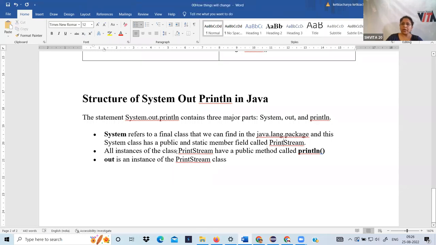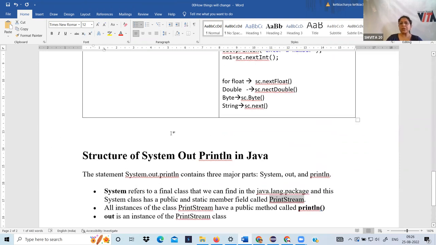All instances of the class PrintStream have a public method println. So this method is available in this class, and the reference of this class is out. Out is a reference, an instance of the PrintStream class, which is a member of the System class. For the time being, keep it simple. To print something on the screen, we write